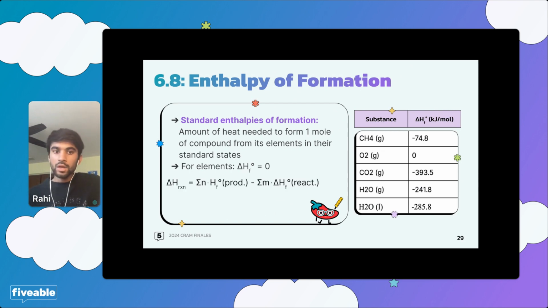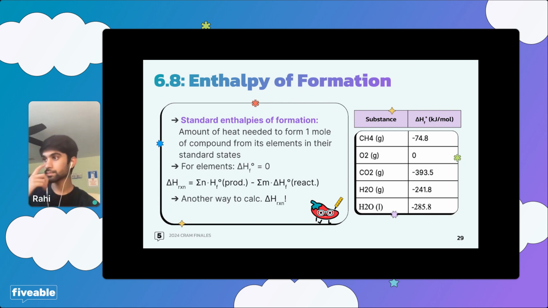So the heat of the reaction, this is an equation that I gave to you a handful of slides ago. The heat of the reaction is the sum of the heats of formation of the products minus the heats of formation of the reactants, n and m being the coefficients of any particular substance in that reaction. It's just another way to calculate delta H of the reaction. Bond dissociation is just as correct. It's not different. It's just a different way of going about calculating the same change in enthalpy for the reaction.